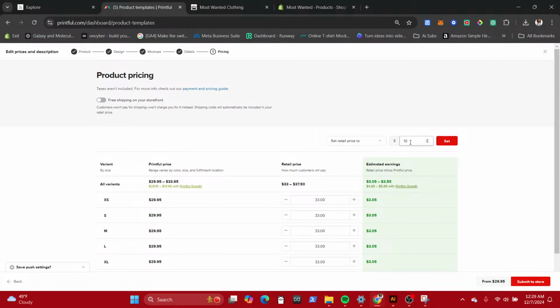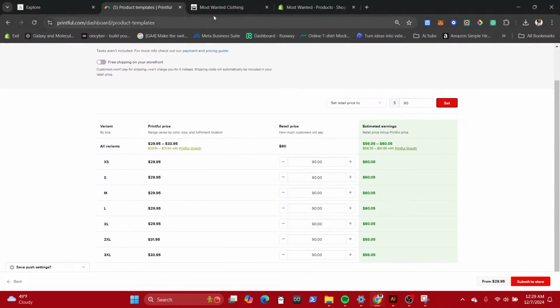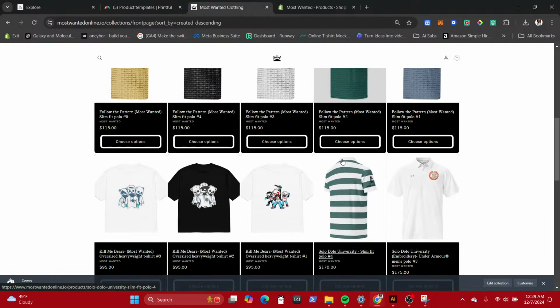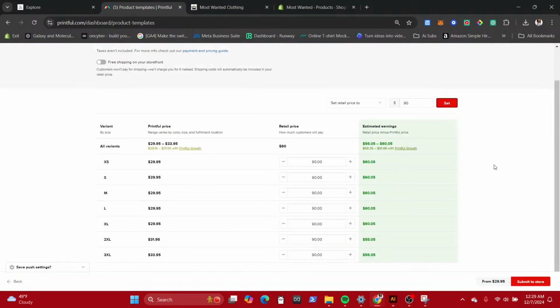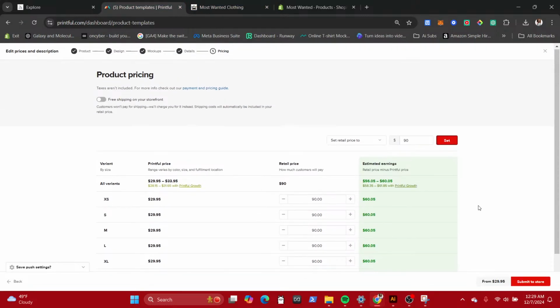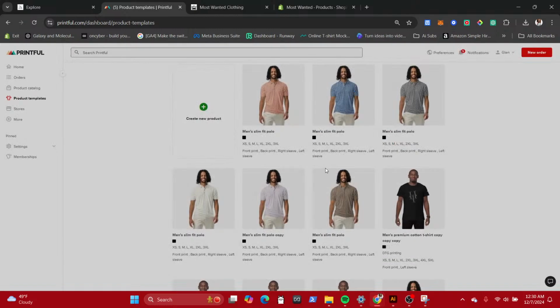Now these are cool. I'm just gonna do these for 90. No, yeah, I'm gonna do these for 90. I did the last one for 70. Actually, we're gonna do these for 90. It's cool enough. 90's cool, 'cause I did the last ones for 115. These gonna go for 90. Easy.